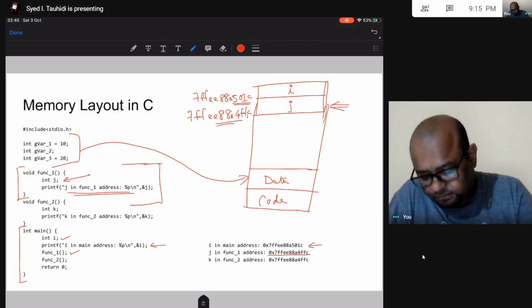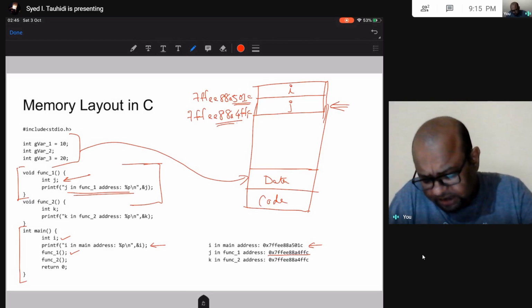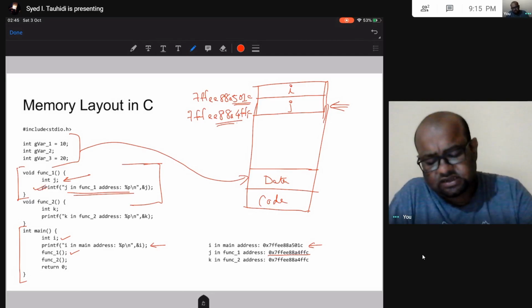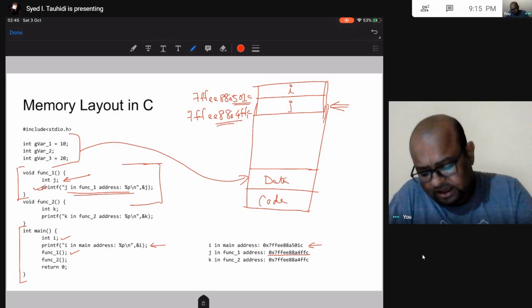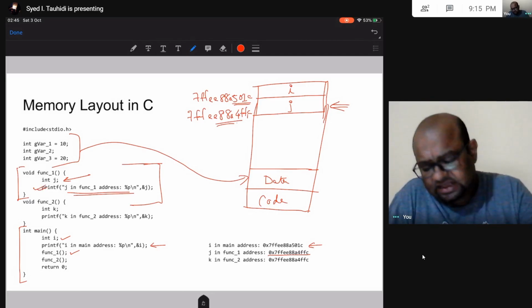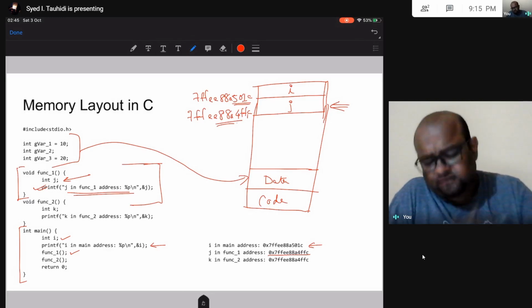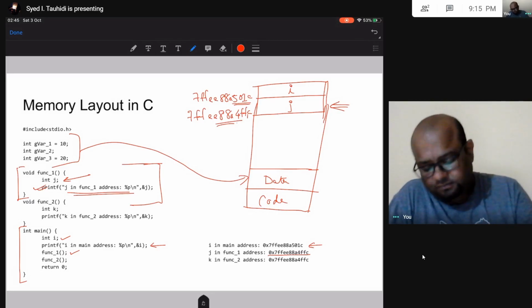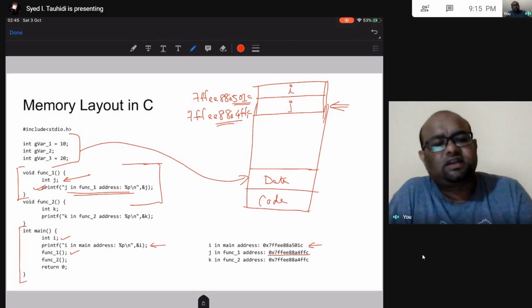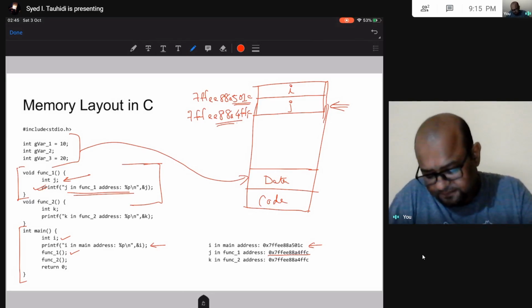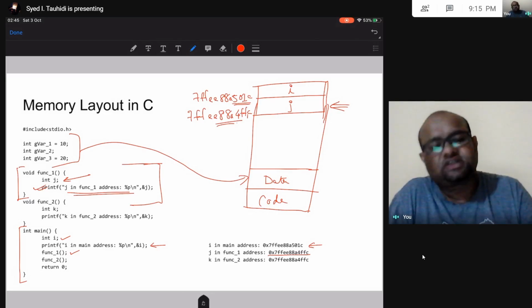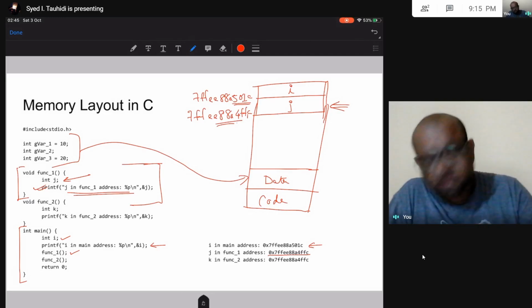Alright, so in this line I am printing the address of this j, and the address I can see is this 7FFEE88A4FFC. Alright, so done. After printing this address, this function is done executing. Now I can return from this function. So I return from this function.